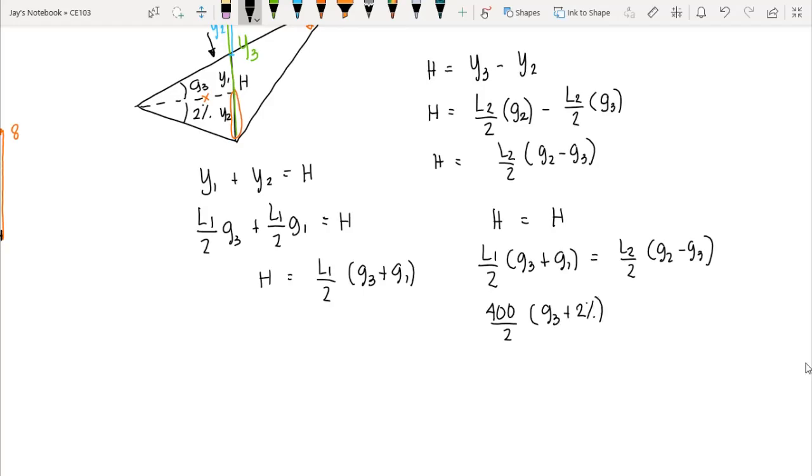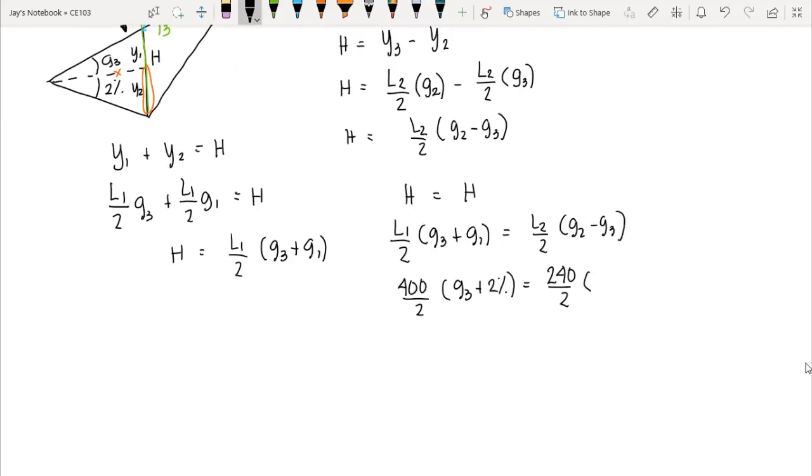Okay, again, we eliminate the negative sign because we are adding angle here. And this equals to L2, we have 240 over 2, we have G2 is 8% minus G3. So by solving it further, we have the value of G3, which is equal to